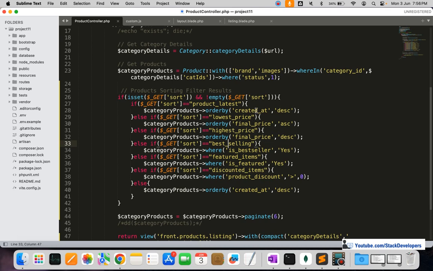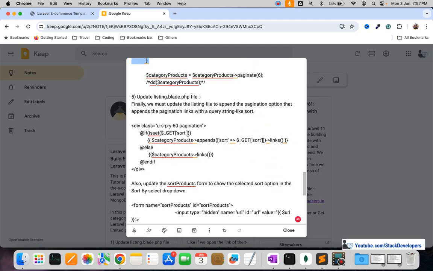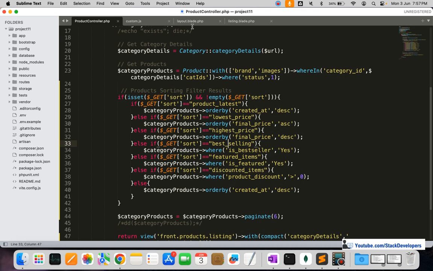And for the product latest, we are going to use created_at, and we are going to sort the products by date. The last added products we are going to show earlier. Okay, so now here we can see that we're going to modify the pagination as well